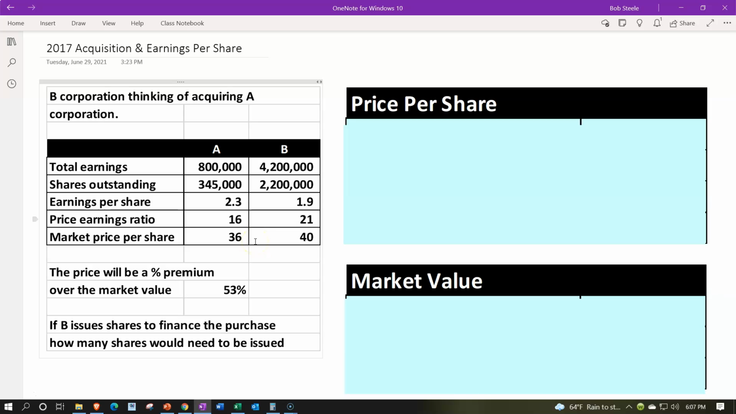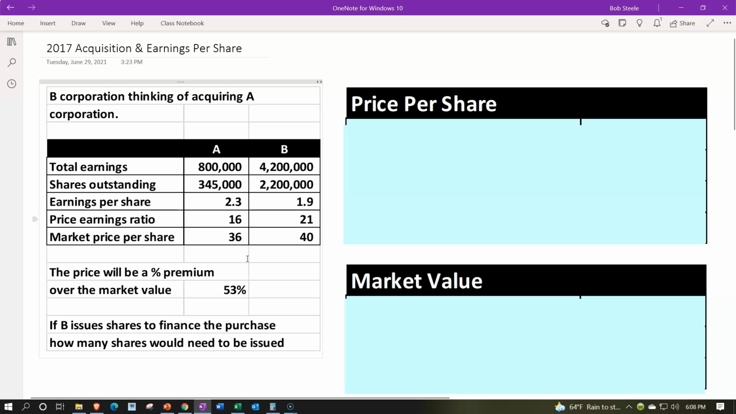We're going to say that the price will be a percent premium over the market value. Remember, B is basically acquiring A here. They're going to be paying a 53% premium over the current market price of A, which is currently at $36